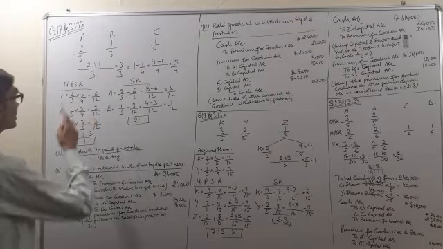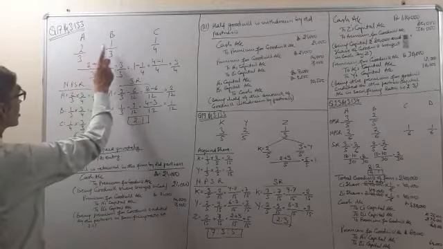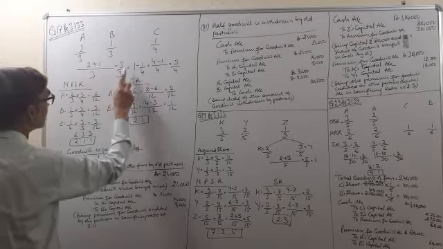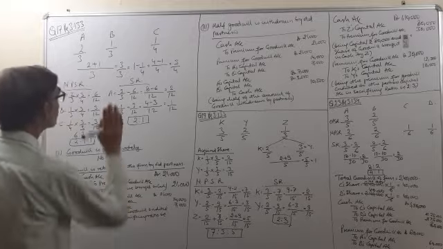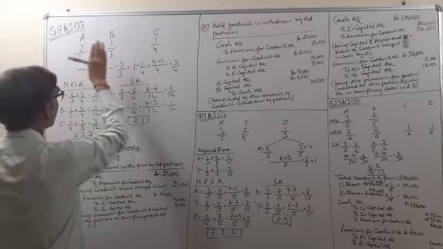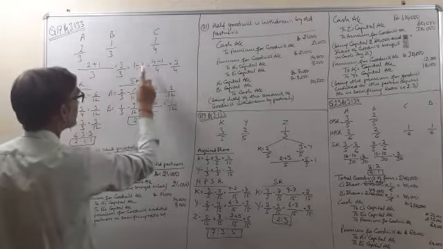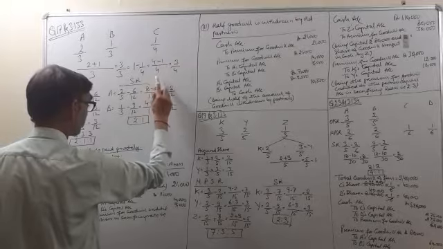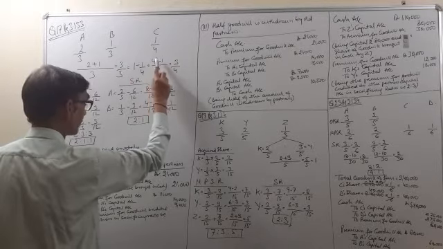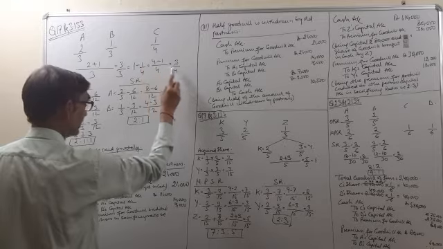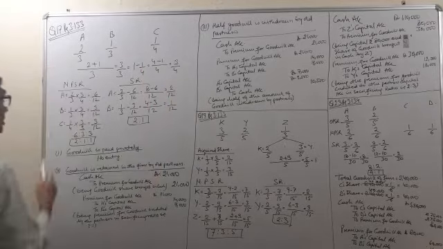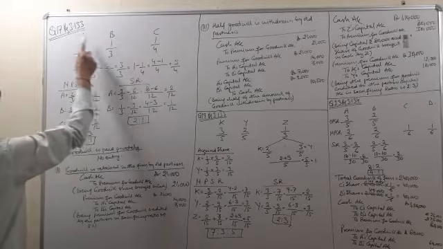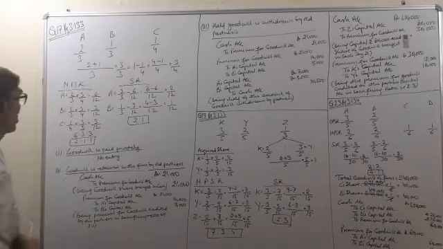So we will calculate the new PSR. First of all, we will add up the share of A and B. So 3 is the LCM, 2 plus 1 is equal to 3/3, which is equal to 1. 1 is the total of the share of A and B. From 1 we will subtract the new partner's share, that is 1/4. So again LCM 4: 4 ones are 4 minus 1 is equal to 3/4. Now this 3/4 will be distributed between A and B in the old ratio, and that will become the new ratio of A and B.